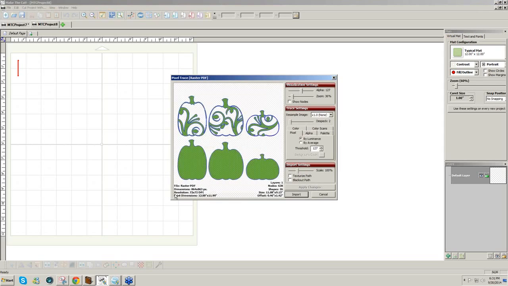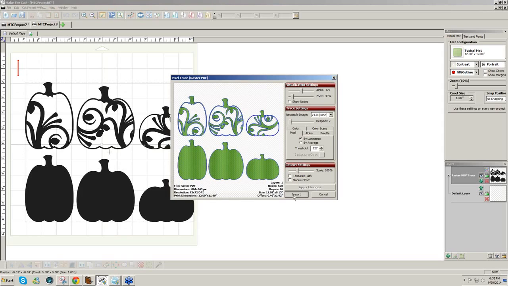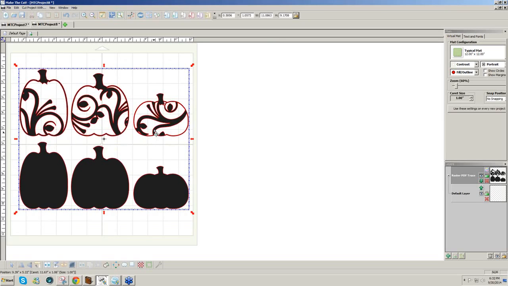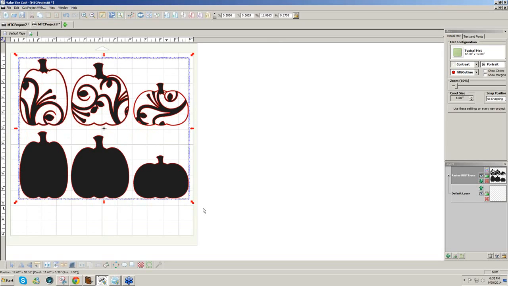and it takes me automatically to pixel trace, and I click on import, finish tracing, and there I have a better design than I got when I did